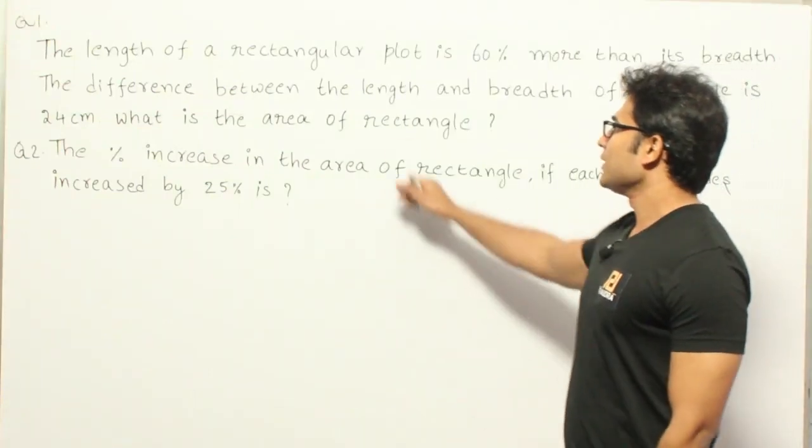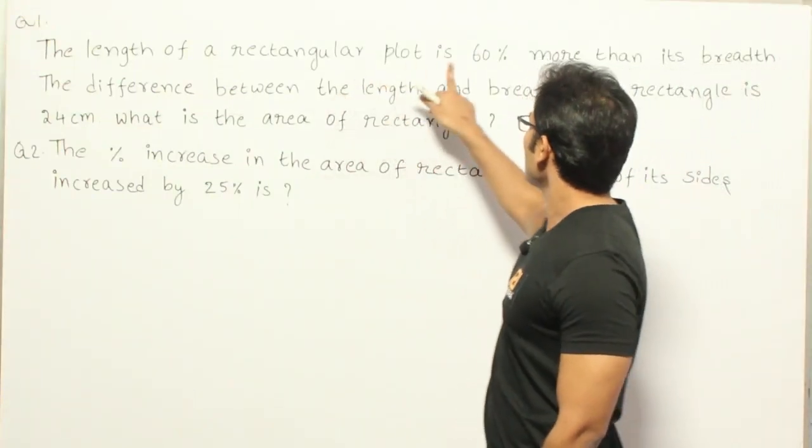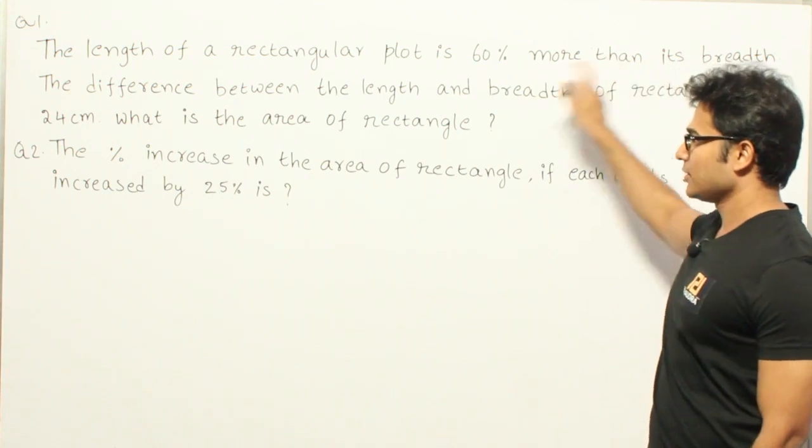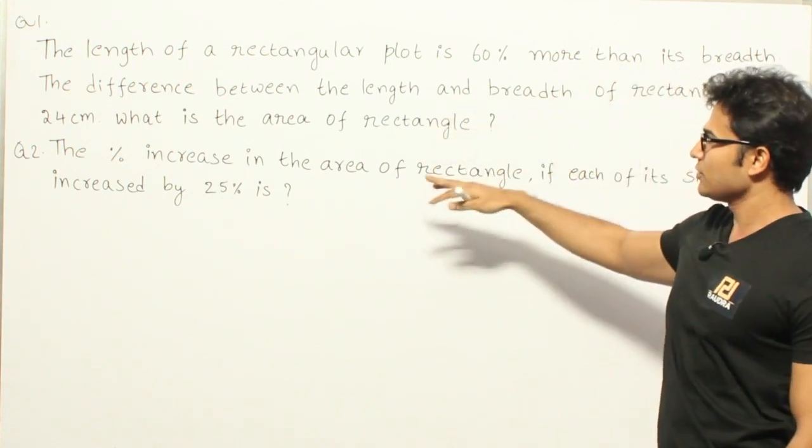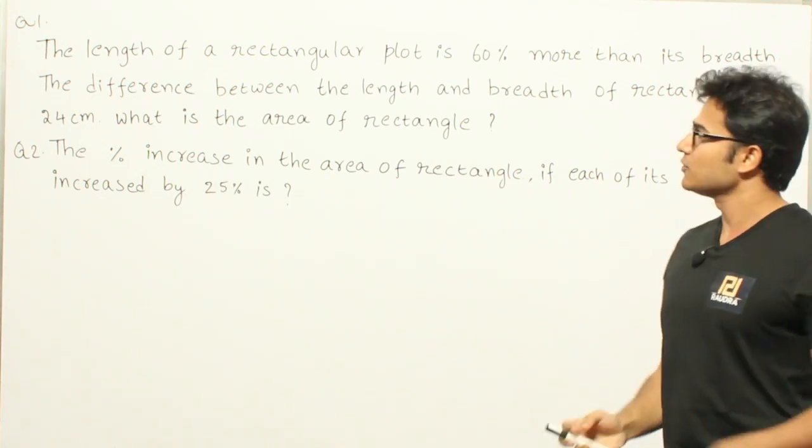Let's see this. The length of a rectangular plot is 60% more than its breadth. The difference between the length and breadth of the rectangle is 24. Then what is the area of the rectangle? So they have given some